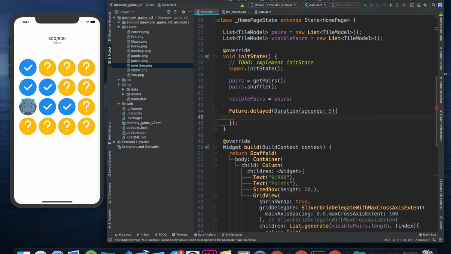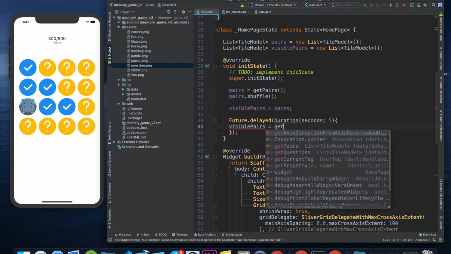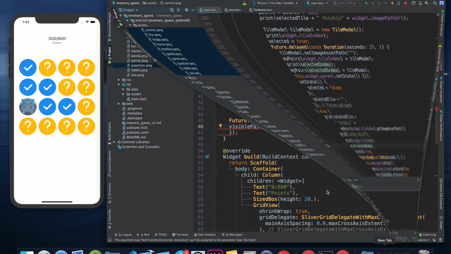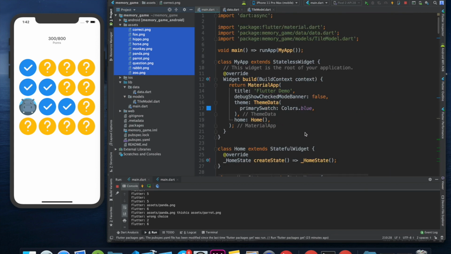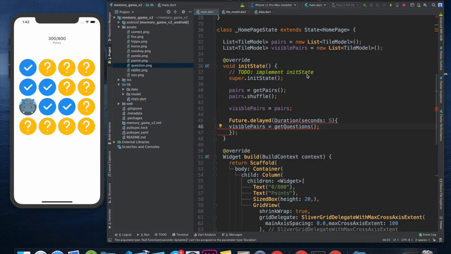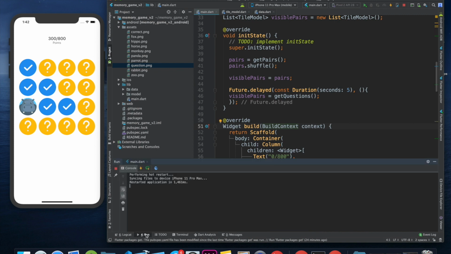After that particular time, I want these visible pairs to be updated with question marks. I'll say get questions, and it is showing an error. Just give me a second. Let me confirm quickly what the issue is. It should be constant and two values parameters. So we will cut the duration and have it like that: const Duration. So we have a Future.delayed with const Duration. If I go to run and restart it again,